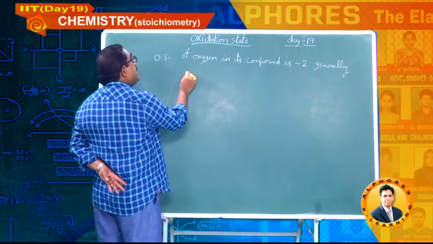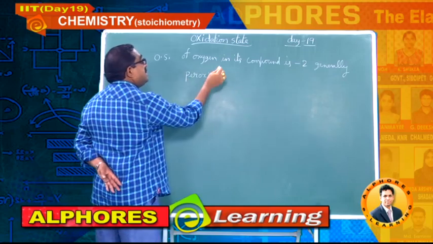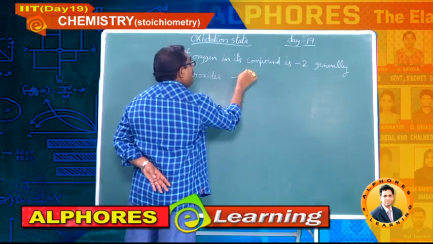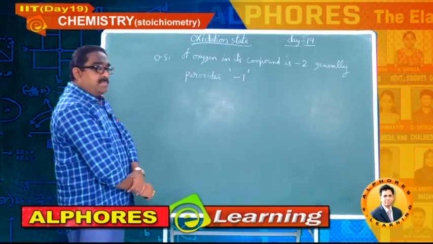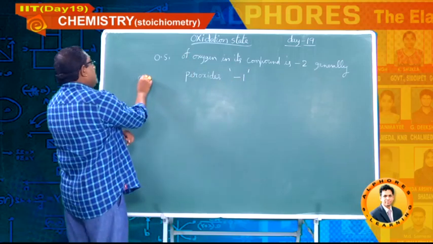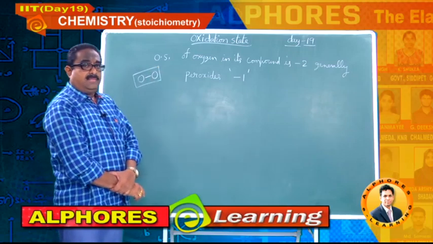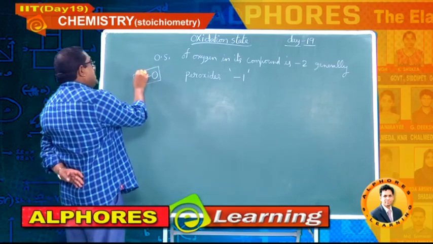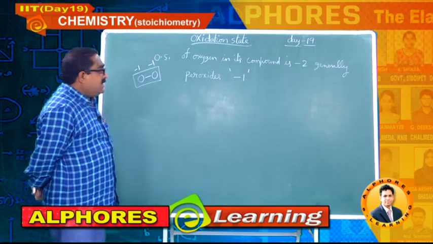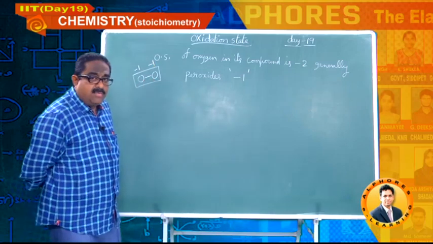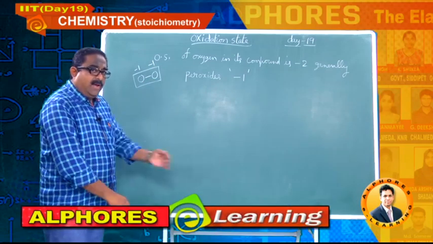Out of them, first I am going to take peroxides. Note down, students: in peroxides, the oxidation state of oxygen is -1. Please note it down. Here the next doubt is, what is a peroxide? The O-O single bond is called a peroxy bond, where the oxidation state of both the oxygens is -1. This O-O single bond is called the peroxide bond. Okay, let me explain with an example.